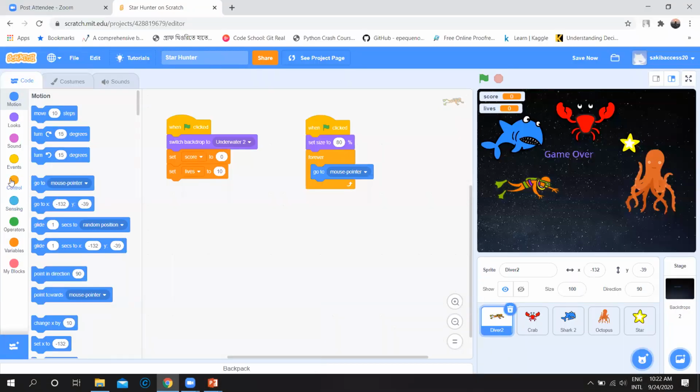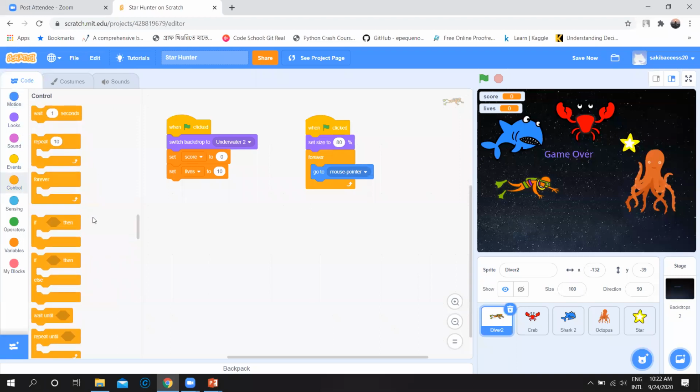Then there should be a condition, an if condition. See, forever is a loop, it will do the same thing again and again, doing similar work repeatedly. And if is a condition, and there is a slot here for the condition. If this condition is true, then this block will do something. This is our conditional block, so you will add it here also.